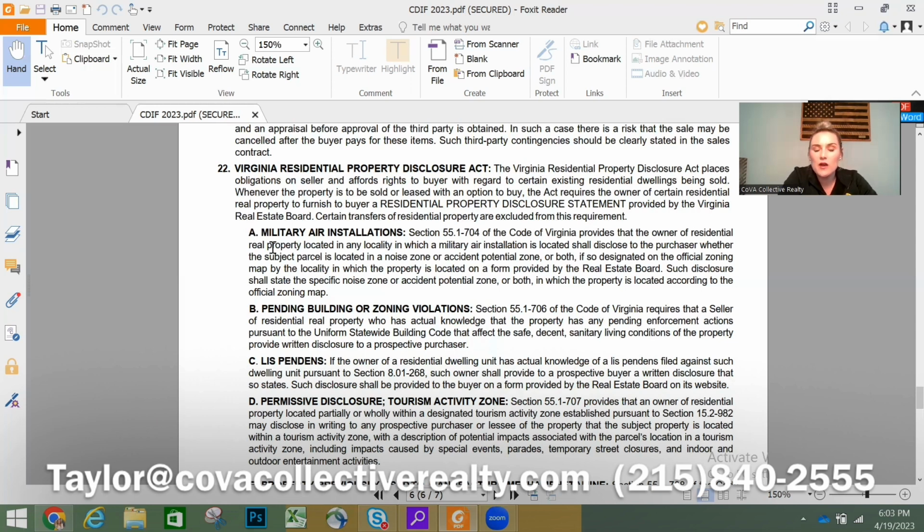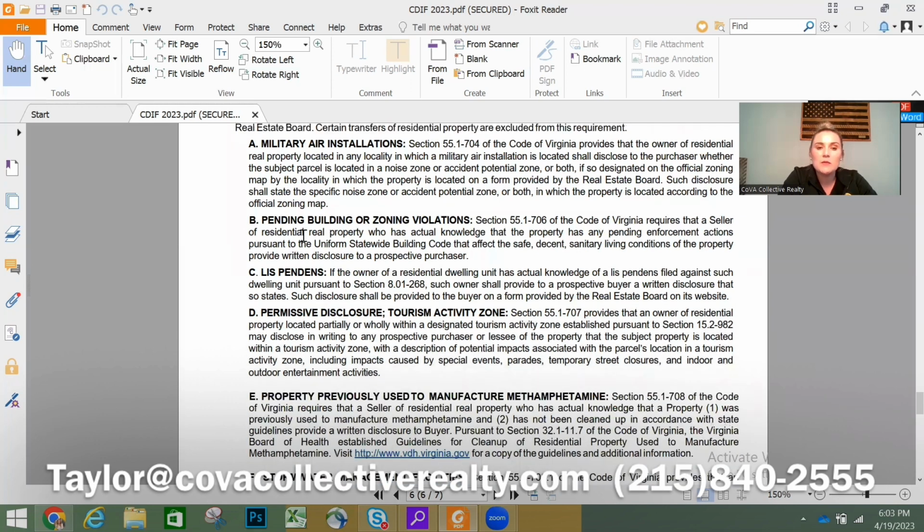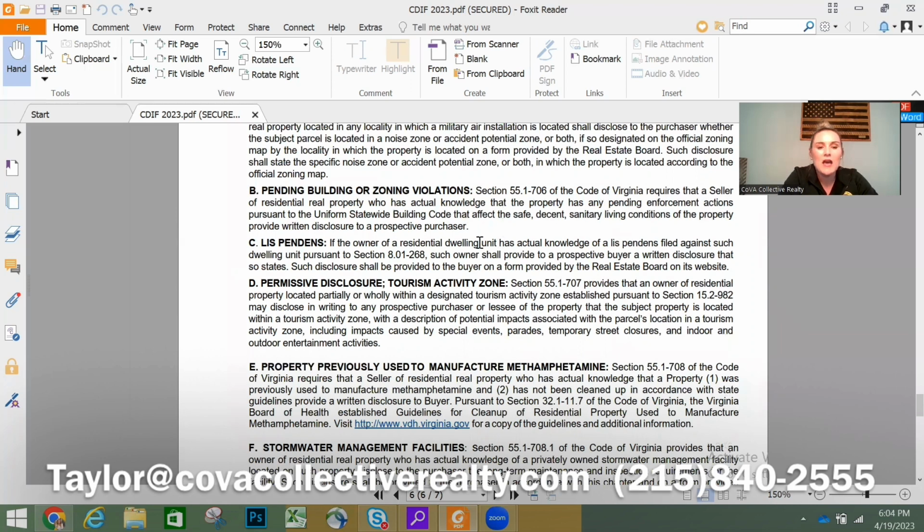So they have to let us know about military air installation noise. They have to let us know if there's any pending building or zoning violations to their knowledge. They have to let us know if there's any pending legal action on the property. For tourism activity zones, so we primarily see this towards the ocean front. If your road has to frequently be closed for any parades, marathons, things of that nature, that is going to be